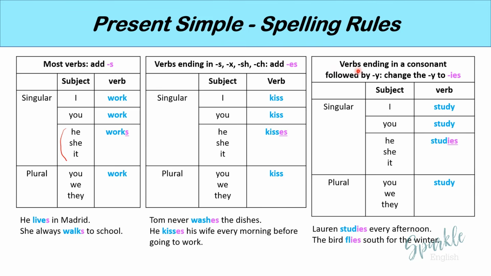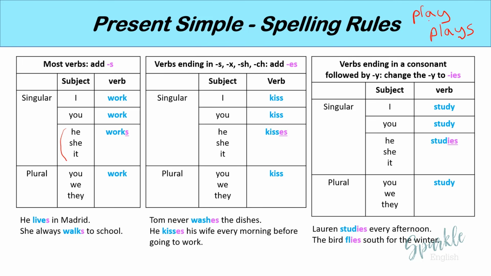Now, for verbs ending in a consonant followed by y, we change the y to ies for the he, she, and it form. So I study, you study, he, she, or it studies. So we remove the y and add ies. For example, if we have the word play, play becomes plays for the he, she, or it form